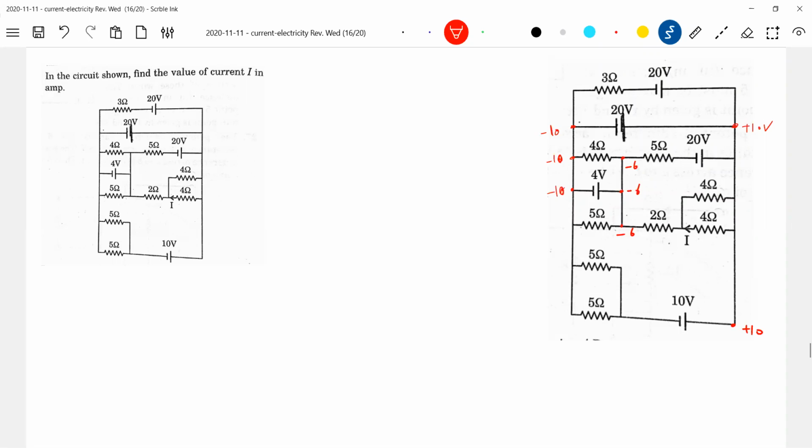And this is plus 10. This should be 0. This should be minus 10. No, this should be plus 10. And we don't know this, I'll call it X. But what about here? How to define this one? So here you wrote 10. If you want, you write minus 10 here. But anyway, not needed. Okay, this will be minus 6. Okay, keep it here.